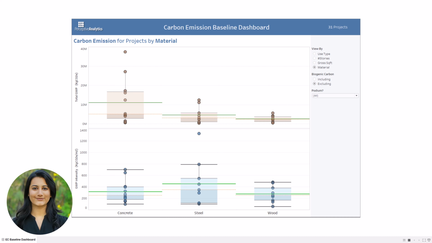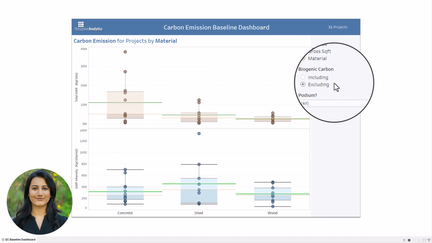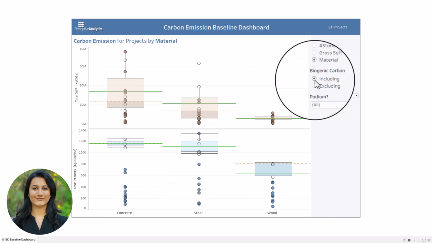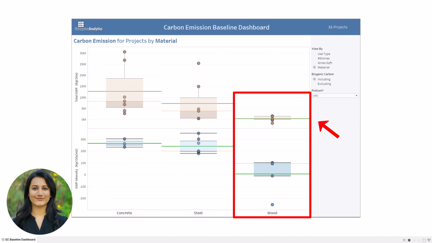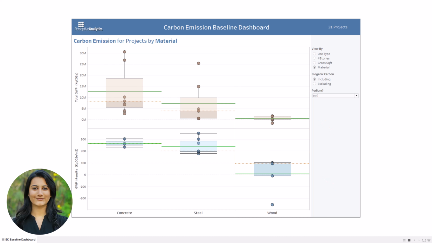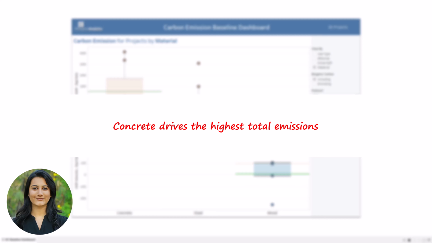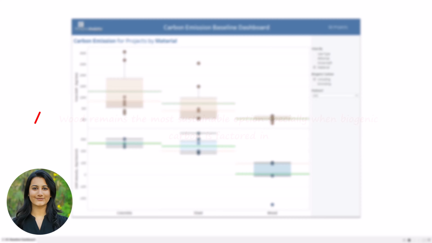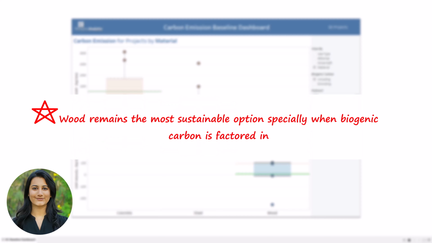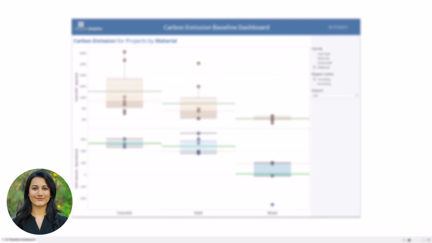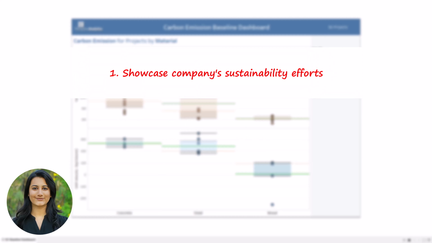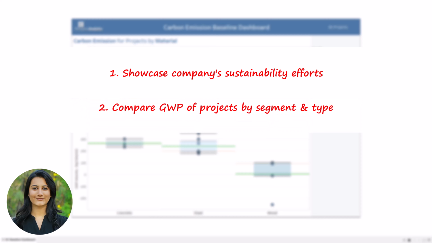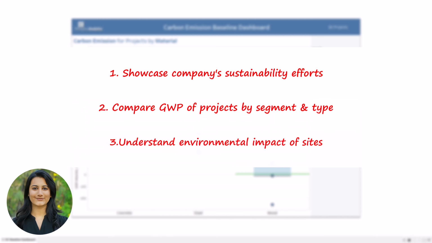Now let's use the biogenic carbon toggle on the right. When we include biogenic carbon, the view changes. Notice how wood drops even further, both in total emissions and intensity. The key insight here is that concrete drives the highest total emissions. Steel shows higher emissions per square meter, while wood remains the most sustainable option, especially when biogenic carbon is factored in. With this dashboard, we can showcase companies' sustainability efforts, compare GWP of projects by segment and type, understand environmental